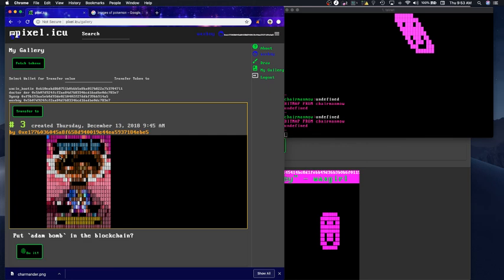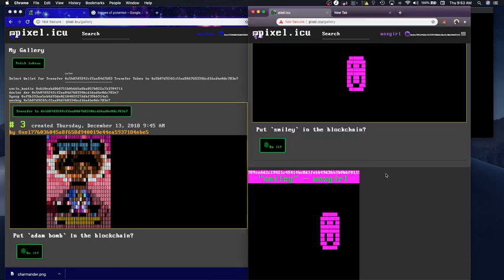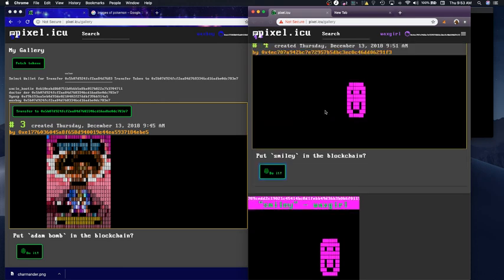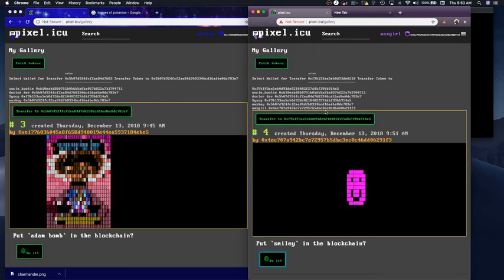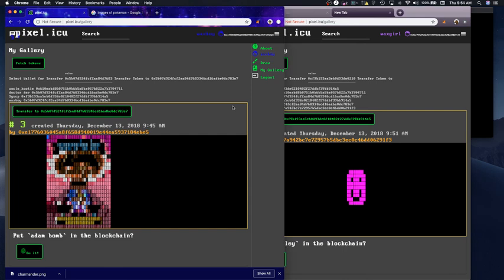So we've got these tokens. Wax Boy owns these tokens. Wax Girl owns this token. What can we do? They're in the blockchain. One thing we can do is transfer these tokens. So let's say that Wax Boy,